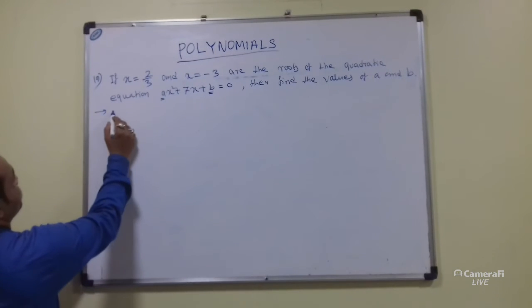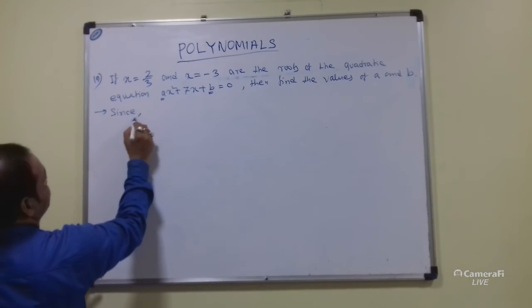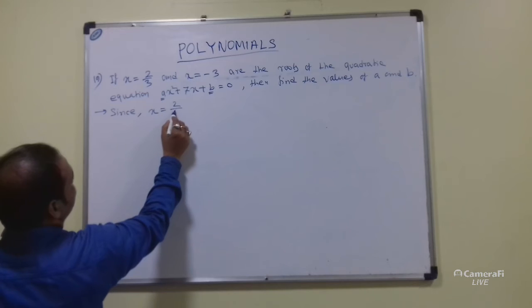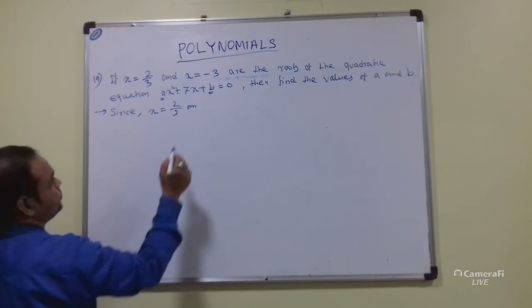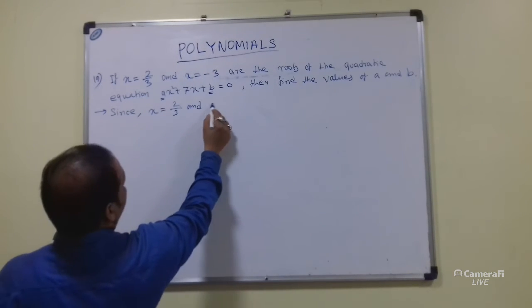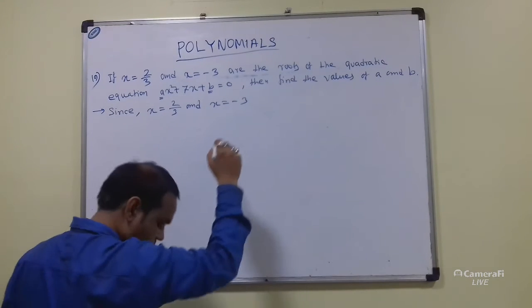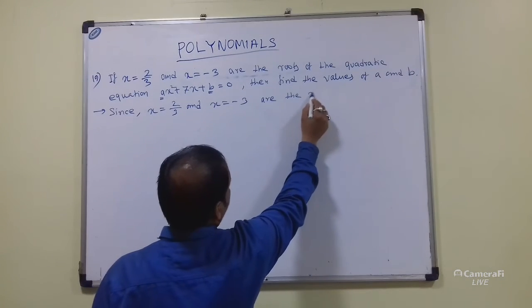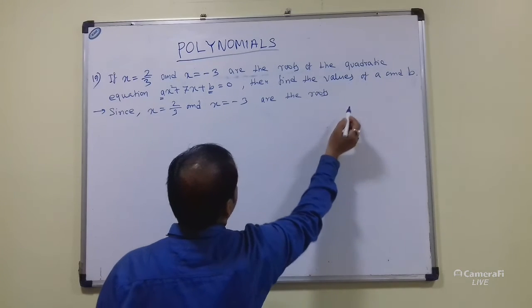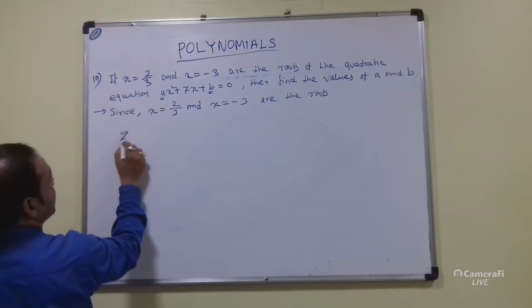So since x is equal to 2 by 3 and x is equal to minus 3 are the roots, this implies